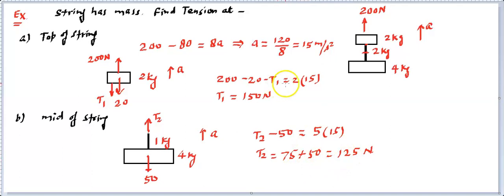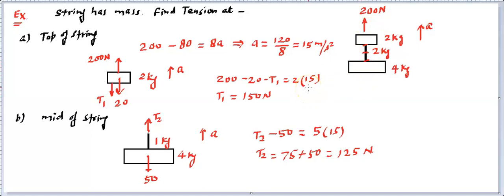And you can also check these two values by drawing the other part of the free body diagram or system. Then you can get the same answer coming back. Now you can see at the topmost point the tension was 150 Newton. As you are coming downside, the tension is decreasing. And if somebody asks what is the minimum tension, then you'll find the minimum tension is going to be at the bottom. Maximum is going to be at the top. It will be decreasing from top to bottom, and you can calculate at any point.